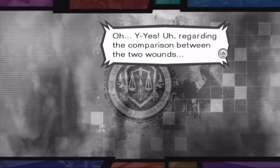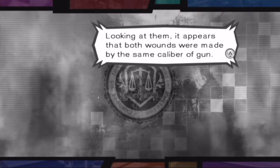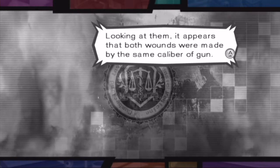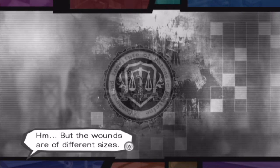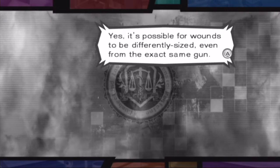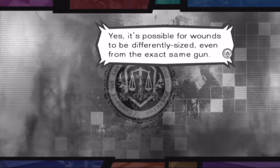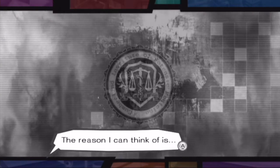Oh, yes. Regarding the comparison between the two wounds, looking at them, it appears that both wounds were made by the same caliber of gun. Huh. But the wounds are of different sizes. Yes, it's possible for wounds to be differently sized even from the exact same gun. Oh, well, that's nice to know, I guess. The reason I can think of is...